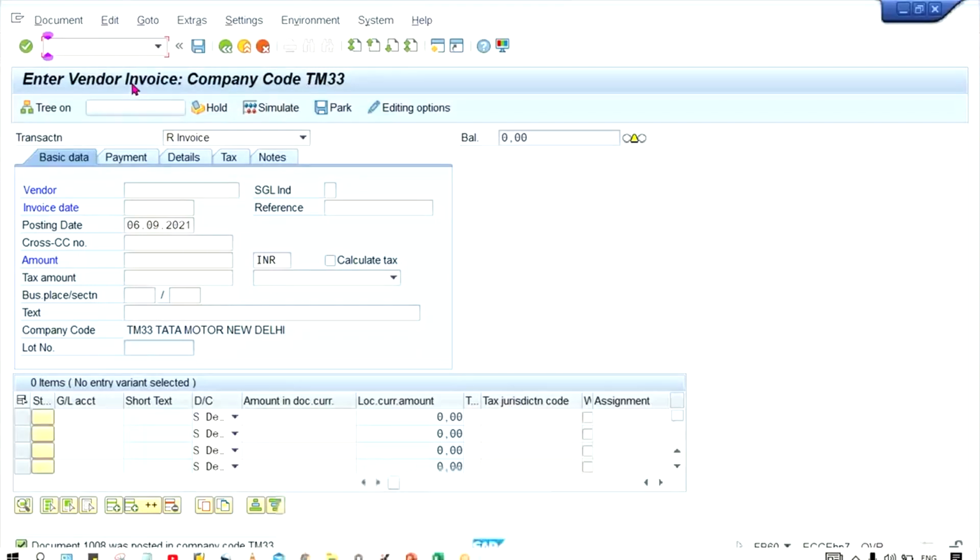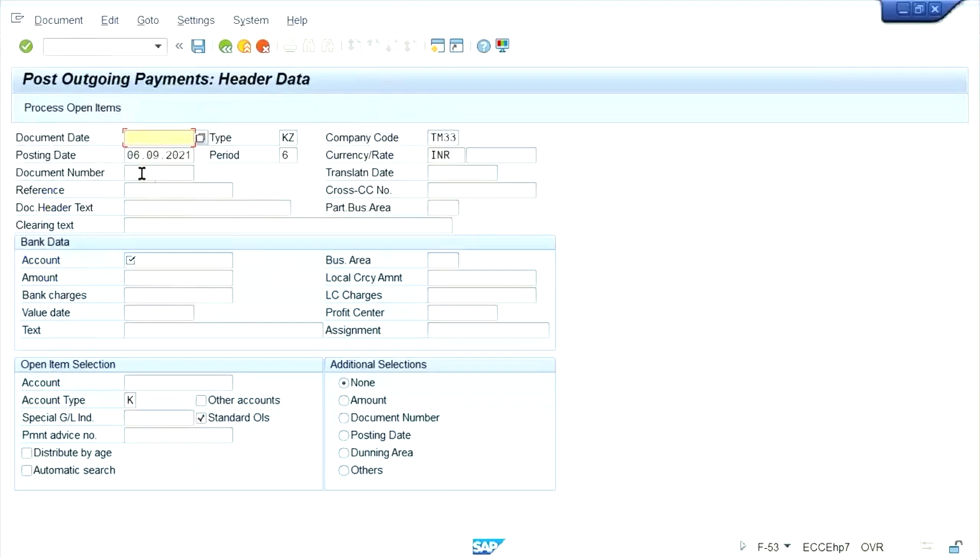Whenever we are going to post, let's suppose if you go to F-53, and if you make early payment, then we are going to get one error. Let's suppose today's date itself, if I'm going to make payment, it means within 10 days, right? So we are eligible for 5% discount. So this is your bank account, and 5% discount means 950. If you don't know, then simply you can give one rupee, right? You can give one rupee,